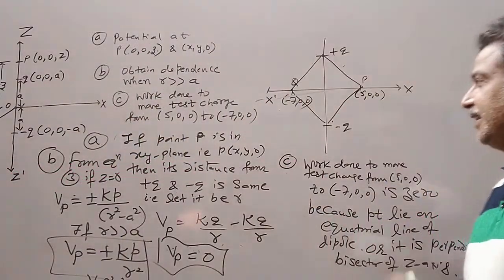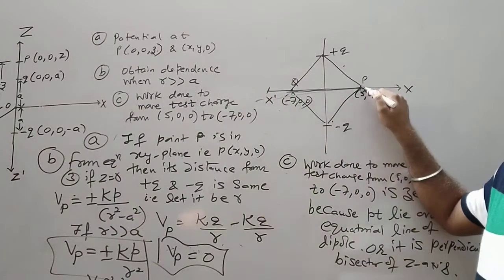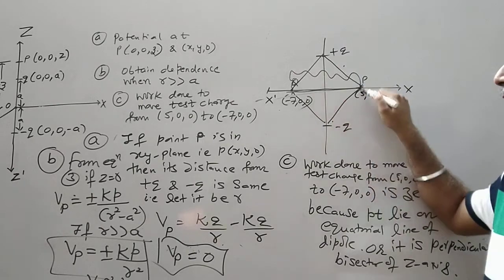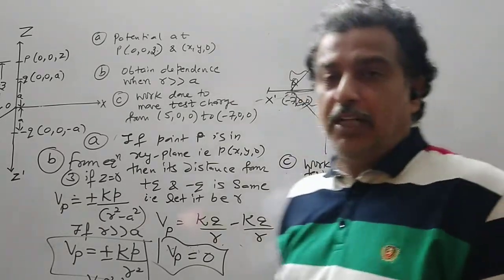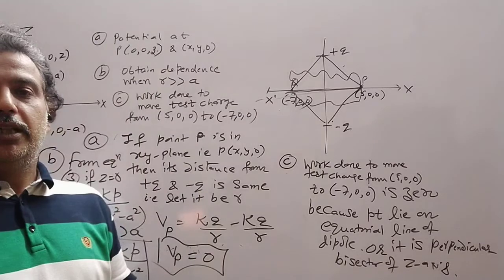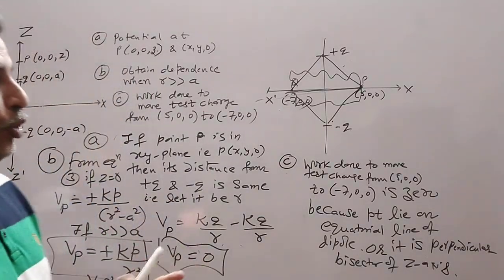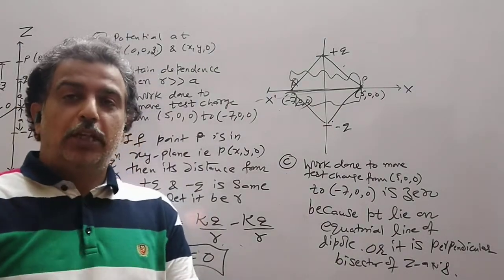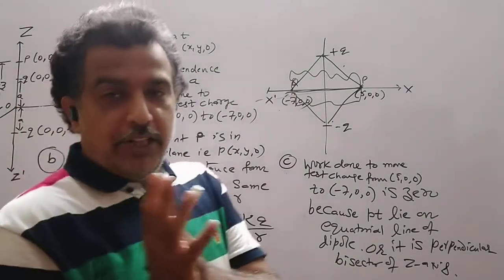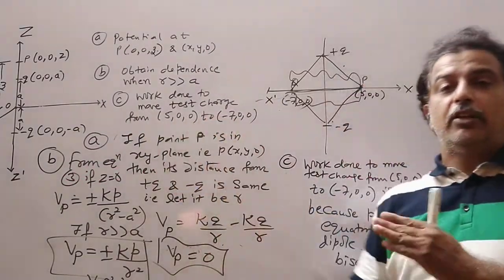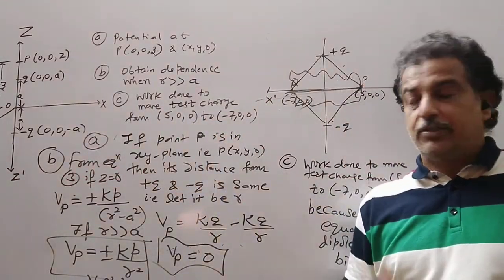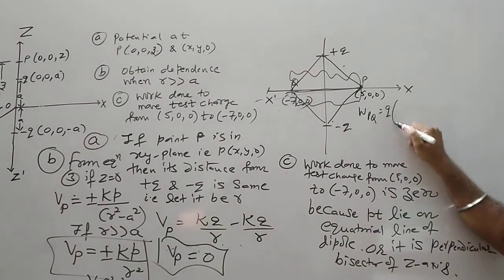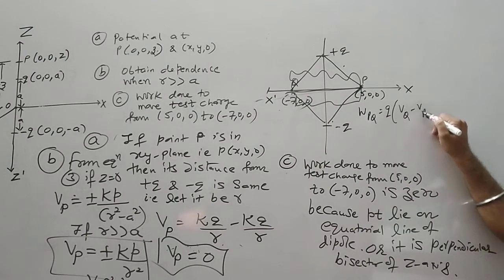Now it is not necessary that you move from point P to Q in a straight line. Even if I move along any path, the work done does not depend on the path followed. It depends only on the initial and the final position. So even if we go to the first topic, this work done will give rise to the energy difference. That was work done from P to Q is equal to Q into final minus initial.